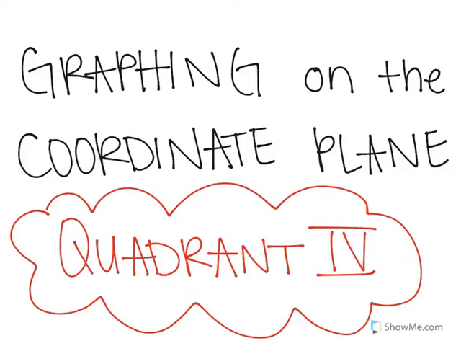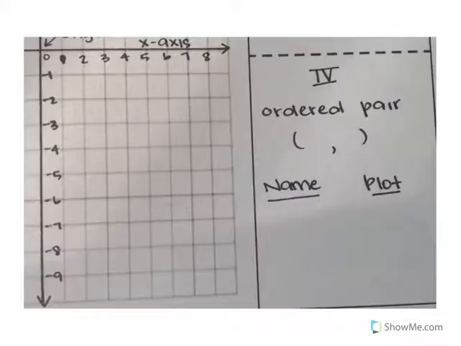In this video, we are focusing on quadrant 4 of the coordinate plane, which is the fourth and final quadrant in the coordinate plane. So as you may have already guessed, quadrant 4 is located in the bottom right-hand corner of the coordinate plane. Go ahead and give yourself a nice high five. All right? In your foldable, that is the flap on the bottom right-hand corner, and when you open it, you